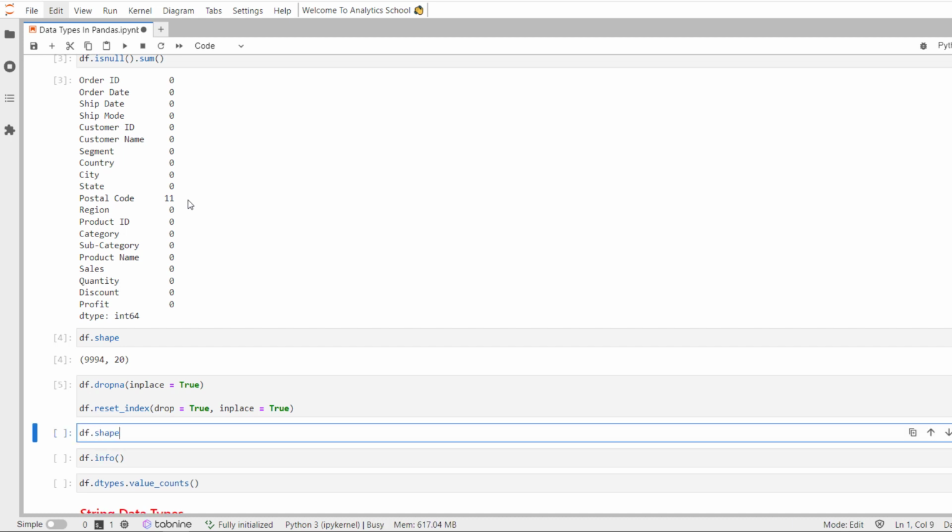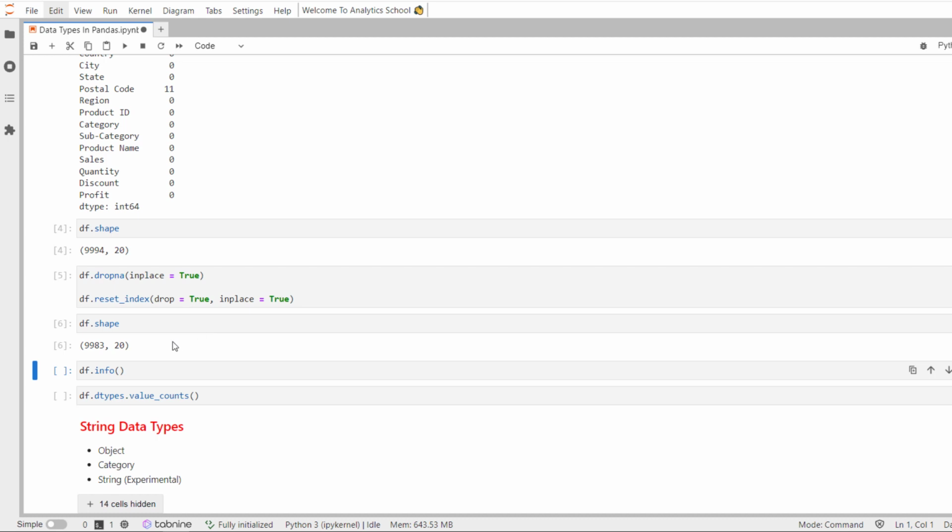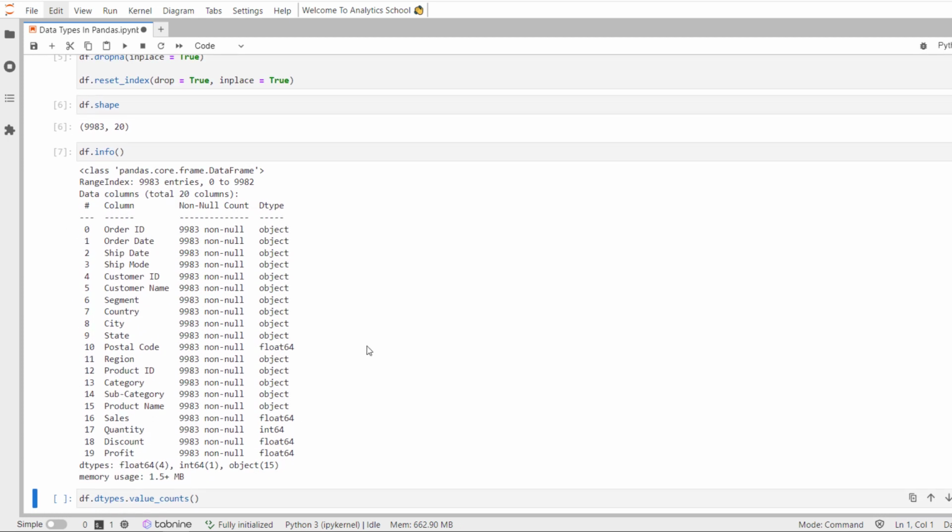We can verify that those 11 records have been removed from the system, and there are 9,983 records now and 20 columns. Now let's see what the data types are in our data frame. So you can see here